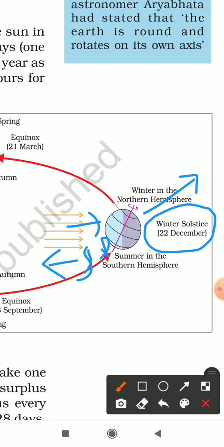You would be amazed to hear that the festival of Christmas, which is associated with snowfall and winter, is actually celebrated in Australia in the summer season. Why? Because the areas in the northern hemisphere at the time of Christmas have winter season. But because Australia falls in the southern hemisphere of the Earth, it is experiencing the summer season. So Christmas in Australia is celebrated during the summers.